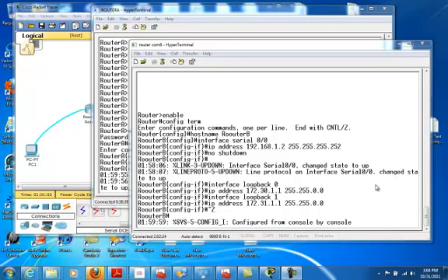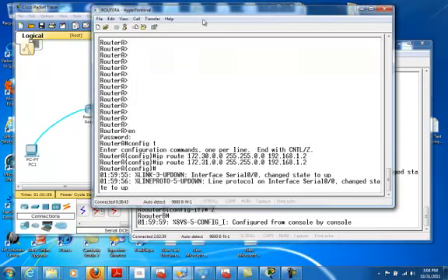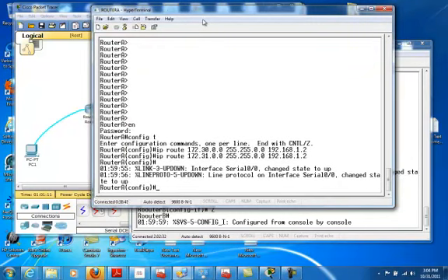Okay, let's change to router A by bringing that window to the front. We click on it, and what we want to do is ping from router A. We want to ping router B. So we need to go one level out. We're going to exit,